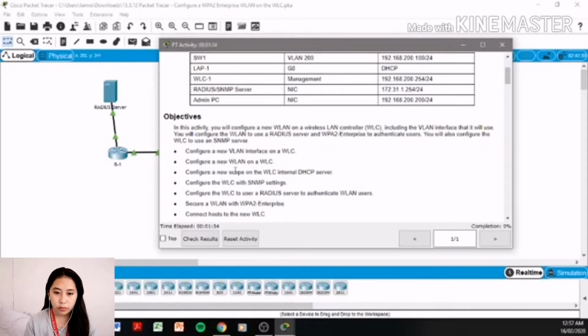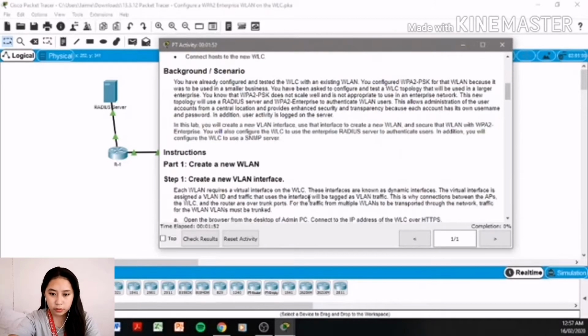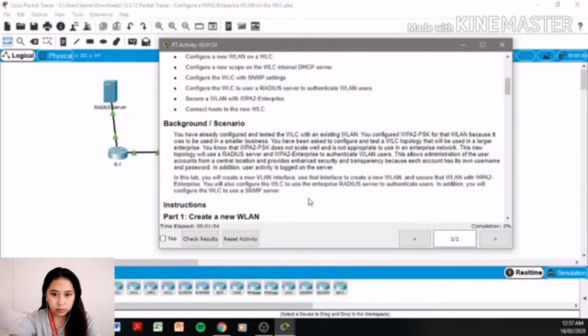So we're going to do this: configure the WLC to use RADIUS, secure the WLAN with WPA2 Enterprise, and connect the host to the background scenario. We have already configured the WLC with an acquisition WLAN. You configure WPA2 PSK for the